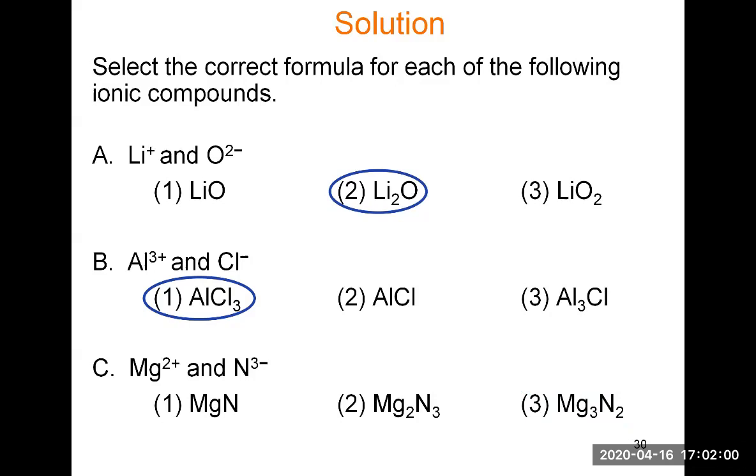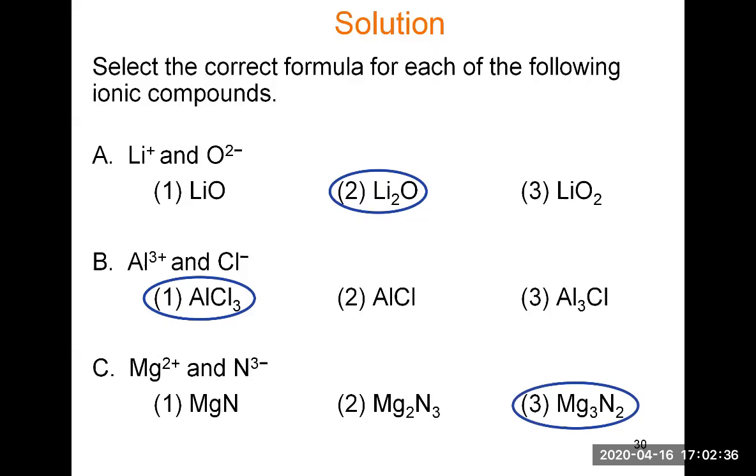So let's go through the last example here, magnesium and nitride, magnesium 2 plus and nitride 3 minus. You do the criss-cross trick. So the 2 from magnesium 2 plus becomes the subscript for nitrogen, and the 3 from the 3 negative charges of nitrogen becomes the subscript for magnesium. You criss-cross the charges and it becomes magnesium 3 N 2,